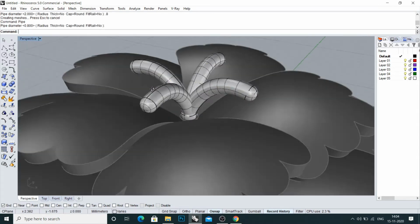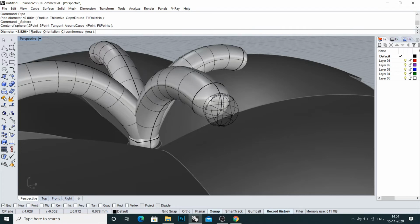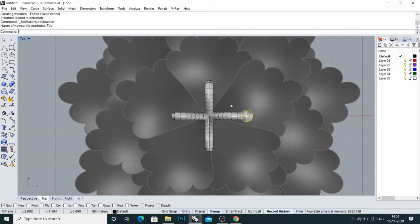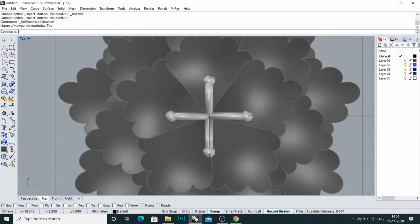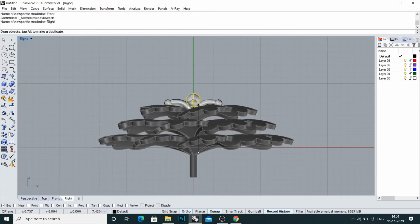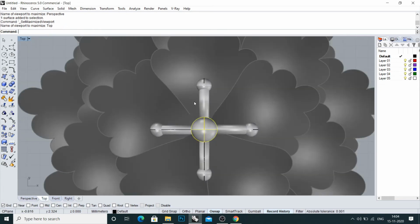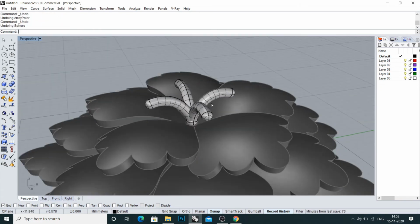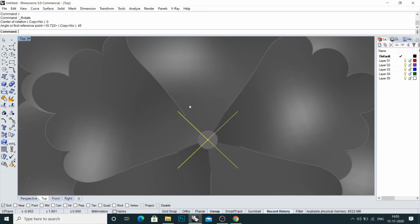Pointed and pipe and add a sphere here, at the end of this, so 1.2 millimeter. 4 pieces. Also add one sphere in center. It still looks very big. Control Z. Now rotate 45 degrees